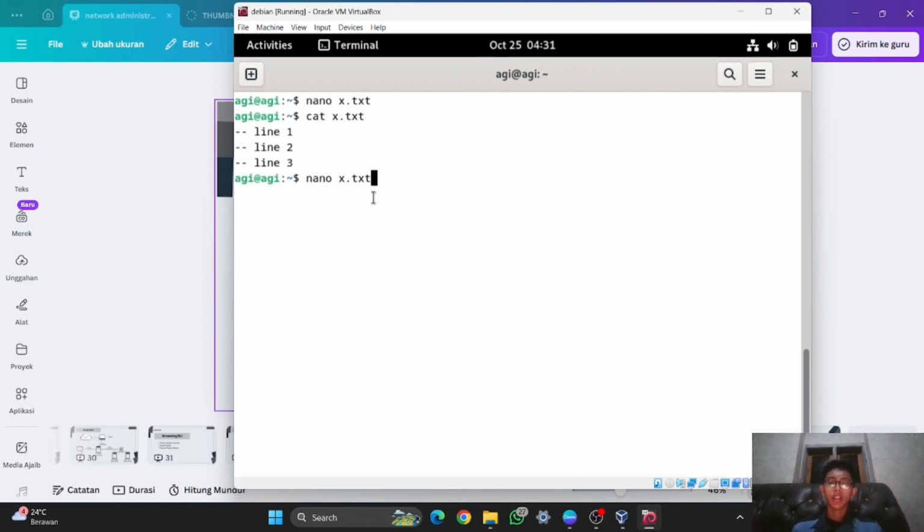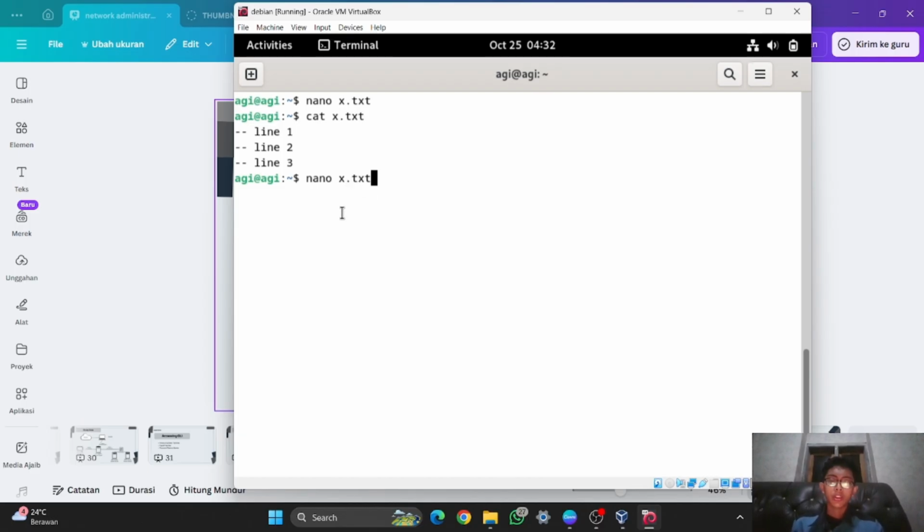It is still the same as Vim. If the file hasn't been added yet, when you type Nano and then the name of the file, it will automatically create the file. But if the file is already there, when you type Nano and then the name of the file, it will go into the edit mode, or the editor mode.